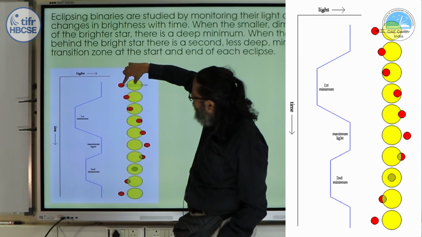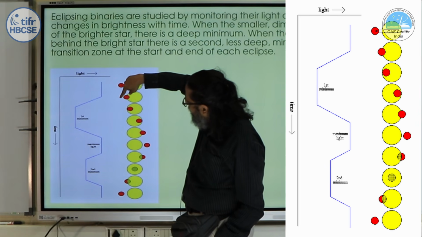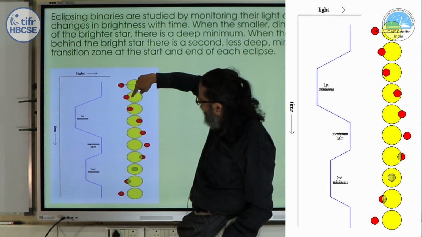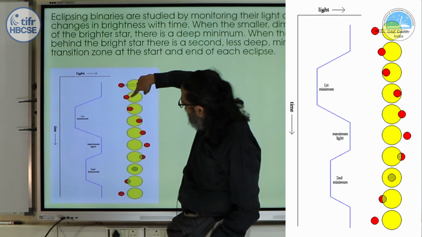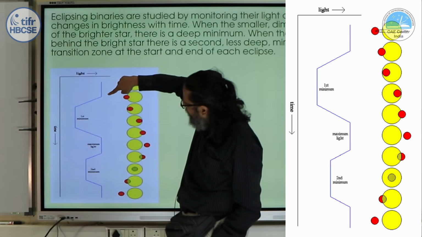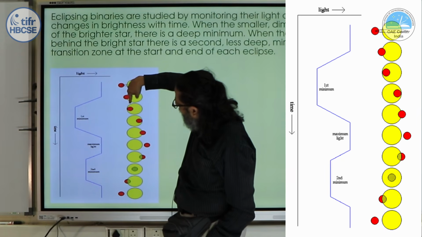When both the objects are visible to you, you get the total light from them. When this object comes here, starting to eclipse and reaches here, this is known as the first contact. When this particular surface touches this surface, this is where the eclipse starts,